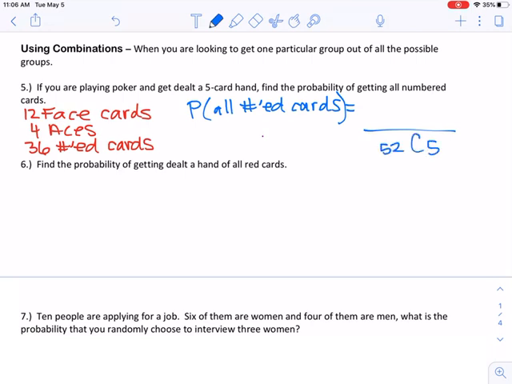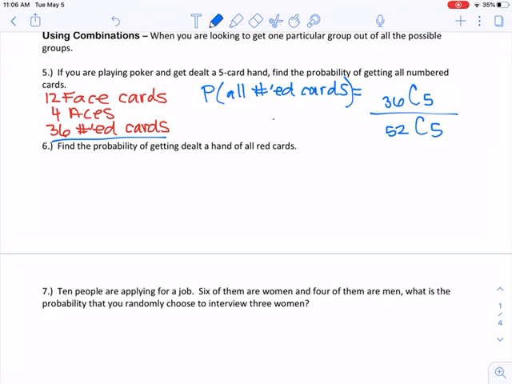And that would give me all my possible different 5-card hands. I want to look for just the 5-card hands that are numbered. So now I'm just picking out of the 36 number cards. My numerator would be 36 choose 5. And if I take 36 choose 5 divided by 52 choose 5, that's going to get me about